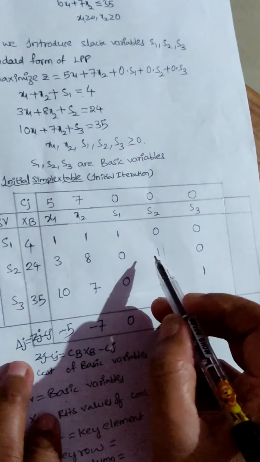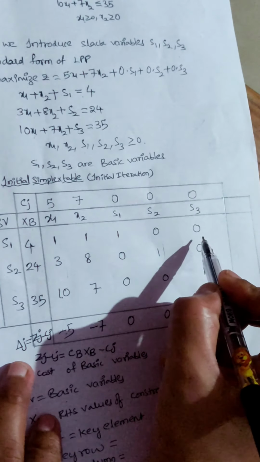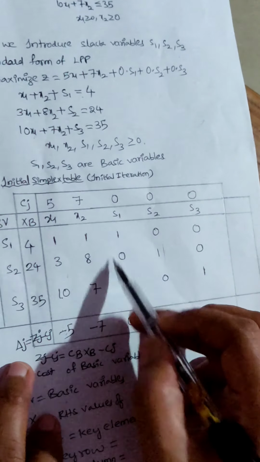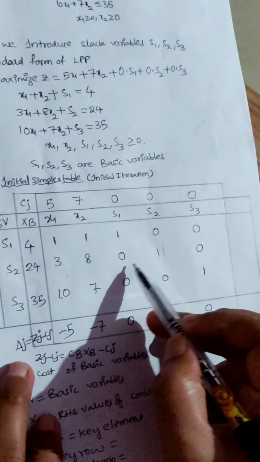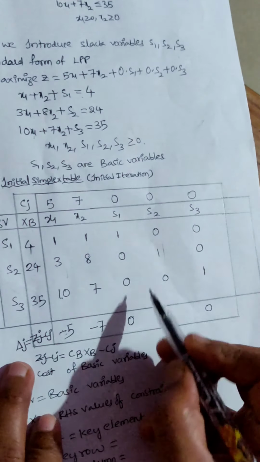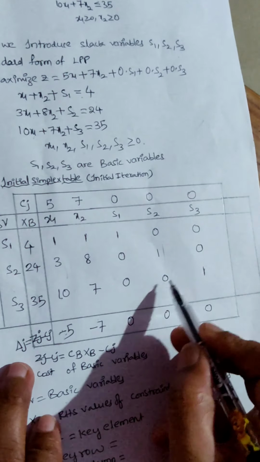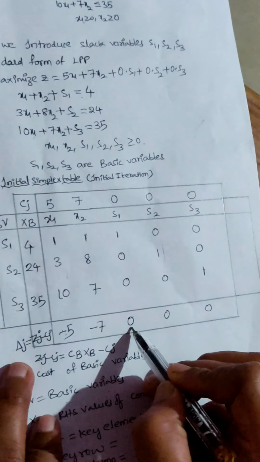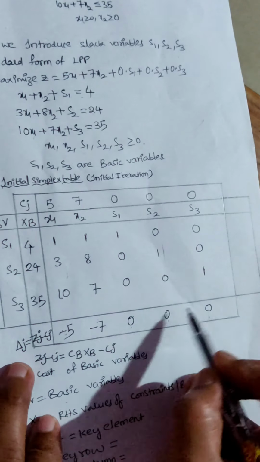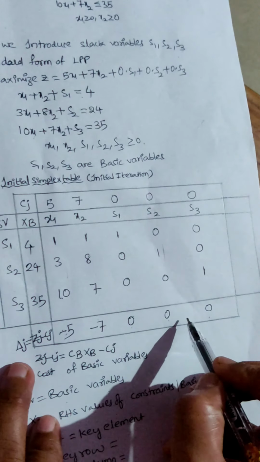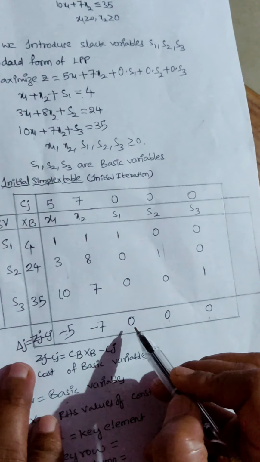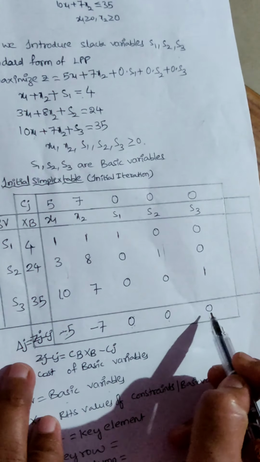Here in this table we can observe S1, S2, S3 are the basic variables. The last matrix you can observe is 1 0 0, 0 1 0 and 0 0 1. It is a unit matrix. Okay, the corresponding values for this unit matrix, that is Z3 minus C3, Z4 minus C4, Z5 minus C5, are 0. No need to calculate these values because this is a unit matrix. Automatically the net evaluations for the unit matrix are 0, 0, 0.